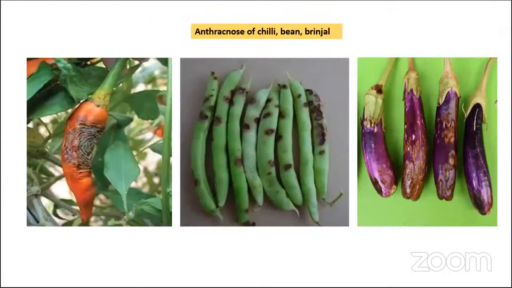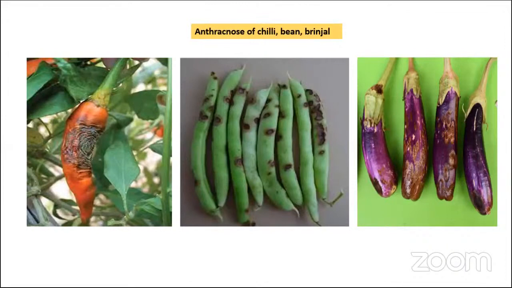Anthracnose is one of the important diseases. As yesterday we saw the details about anthracnose, here only the symptoms, because the rest of the disease cycle will be more or less the same. The pathogen structure will be somewhat different, and the management strategies will be slightly different. So we can just see the symptoms of anthracnose of chili.